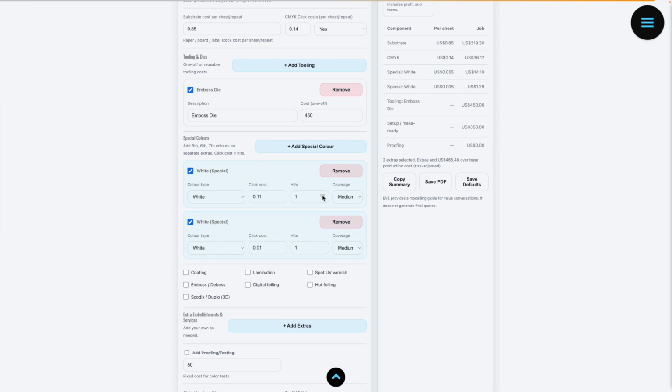But let's just say we're going to go with 3 hits of white. Then we've got coverage. How much of the sheet is taken up by that white ink? Now, if you're printing on a metallic substrate, you're probably going to use a heavy amount of white ink to block out most of that substrate, so only certain areas come through in rainbow holographic. So maybe we're going to say 60 to 90% of the sheet is going to be covered with the white